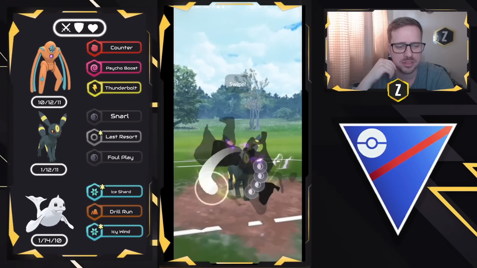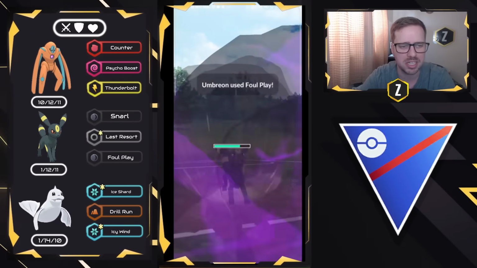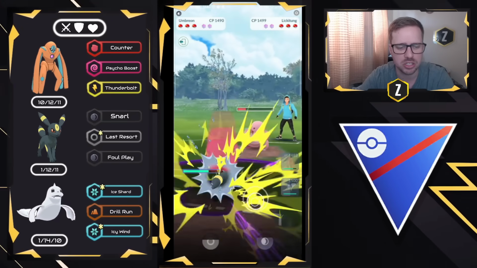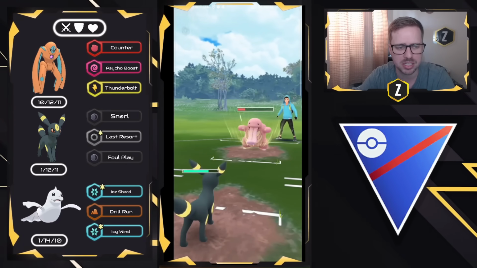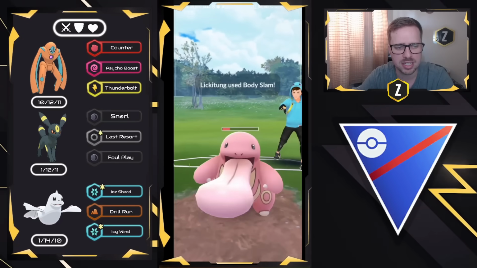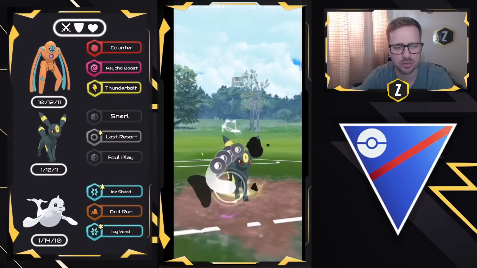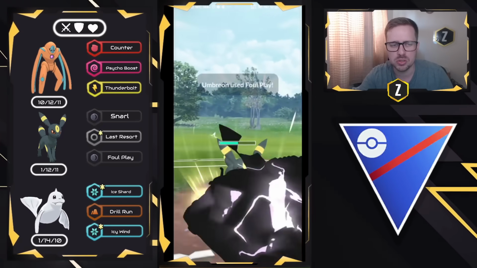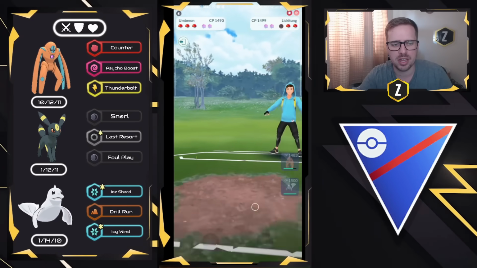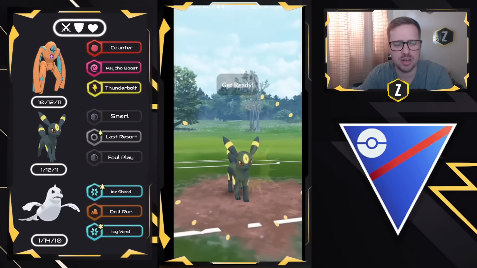Thankfully, Foul Play does a decent amount. I think I need to land 2 in order to win this mid-game matchup. Yeah, definitely going to be 2, and we should be able to overfarm a little bit. I'm going to go ahead and let the next Body Slam go through, and now I'm going to see if I can get away with getting a little bit extra energy, so I'm going to go ahead and go for the Foul Play. They loaded up quite a bit. I feel like they're still maybe 2 turns away from a Body Slam,